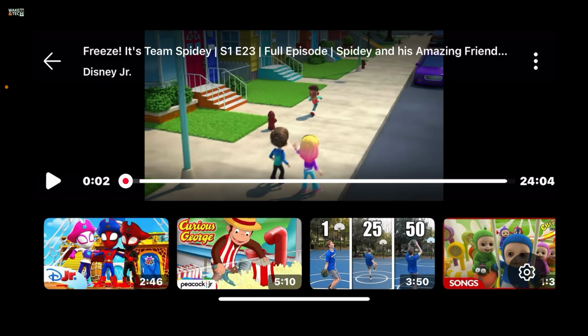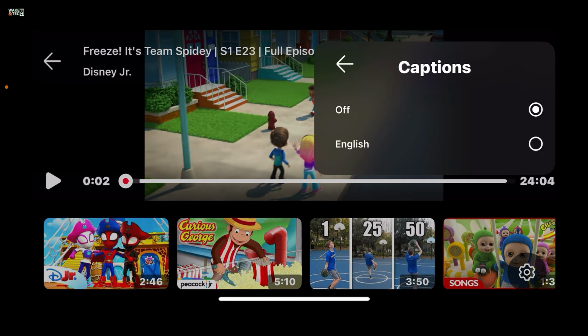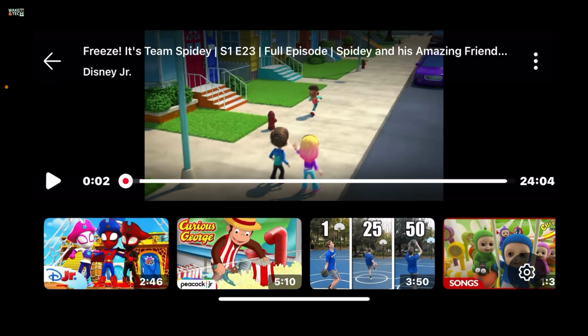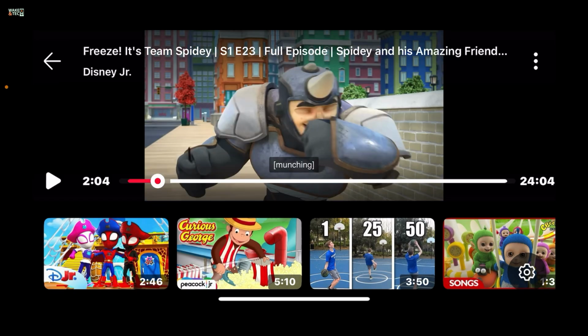After playing the video, go to the top right corner of the video playback and tap on the three dots. Now from the video options, tap on Captions and select the caption language you'd like to turn on. Now after you play the video, you will be able to see that you have enabled caption on YouTube Kids